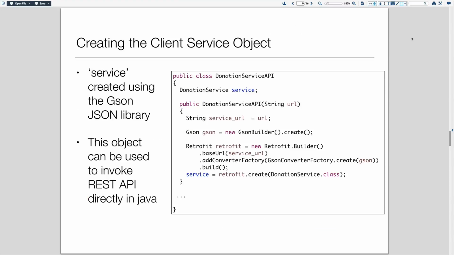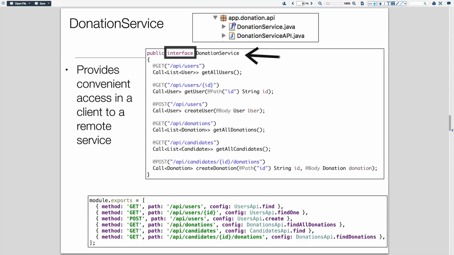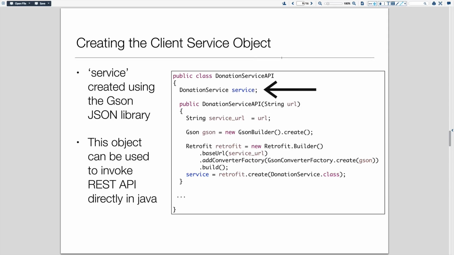We have a second companion class to generate what effectively is the client-side infrastructure to operate this service, and we're calling this our donation service API class. First thing we're doing here, you notice, is we're declaring an instance of the service object we've just described. That is, this thing is an instance of that. And then in our constructor, we're manufacturing that object. It eventually exists down here. That is, we're creating a service object that we can invoke those methods on we just looked at